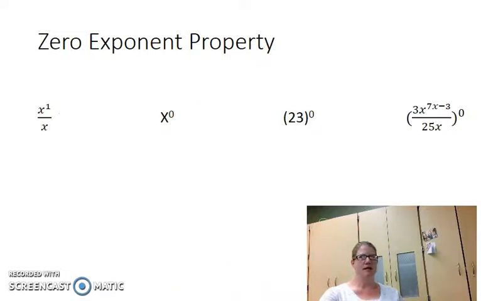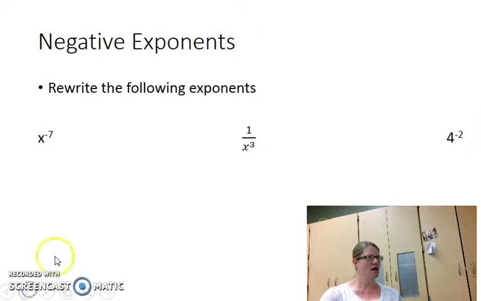All right, next slide here. We've got negative exponents. Remember from our previous slide, we talked about if I have a fraction with the same base over the same base, I do top exponent minus bottom exponent. And sometimes, if I have a smaller exponent on the top than I do on the bottom, I get a negative exponent. So I can rewrite this: x to the negative 7 would be the same as 1 over x to the positive 7. Anytime I see a negative exponent, basically what it means is I'm on the wrong part of